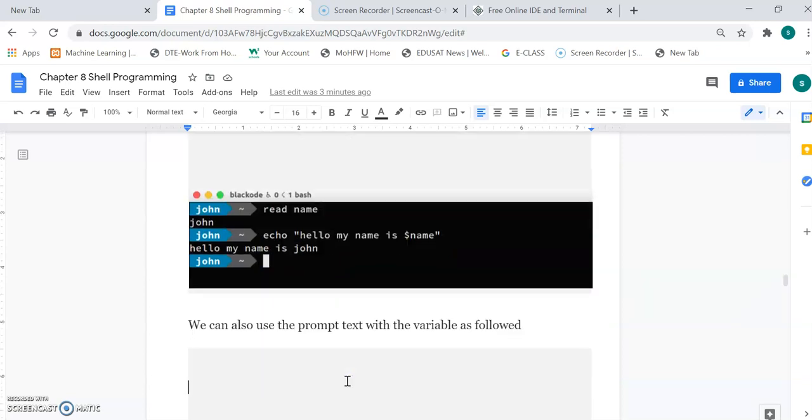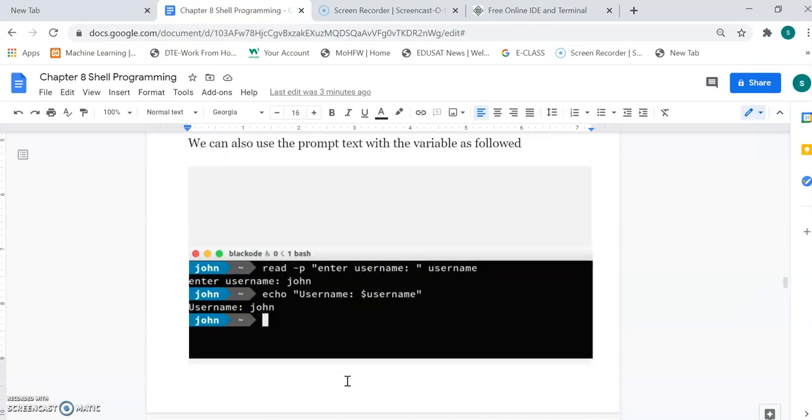Next one, with hyphen p and a username as a variable. See here some difference. Read -p "Enter username". This "Enter username" is for prompting the message for the user, and after that, space and username, this is the name of the variable where your user input will be stored.